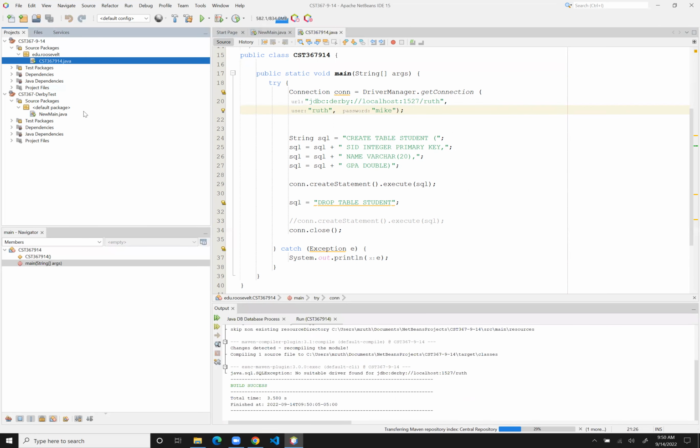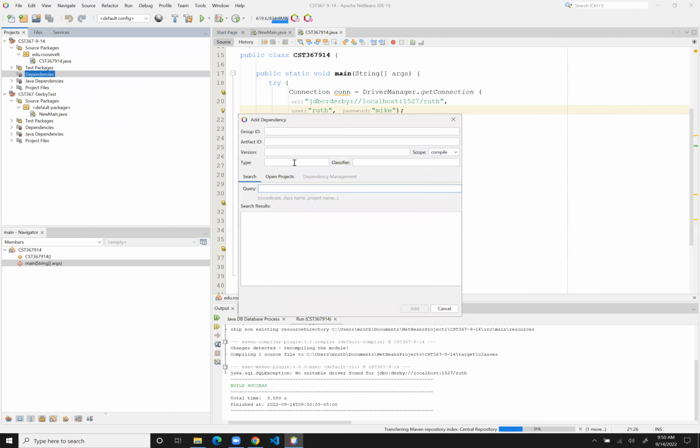No suitable driver found because I didn't import the driver. The system uses that Java database driver, right? The system can do that, but the code can't. So all we need to do is go to our dependencies, add dependency, and then you're looking for